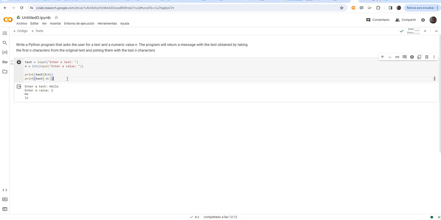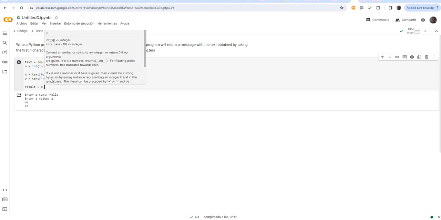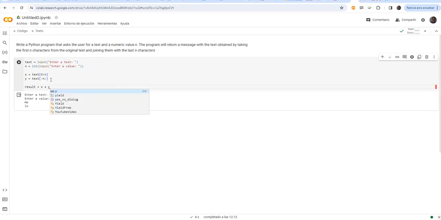Okay, and finally we need to join these two substrings. How can we join this? Well, we can assign this to a new variable, let's say x, and we can assign this to a new variable, let's say y, and these two substrings, x and y, can be joined in a new substring, let's say result, which is the result of joining both substrings.